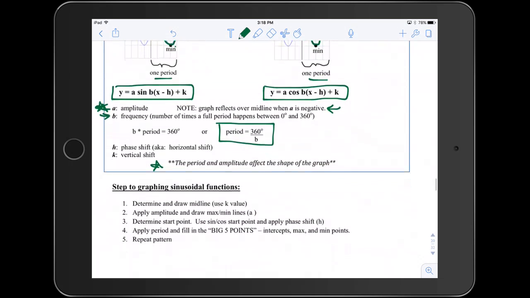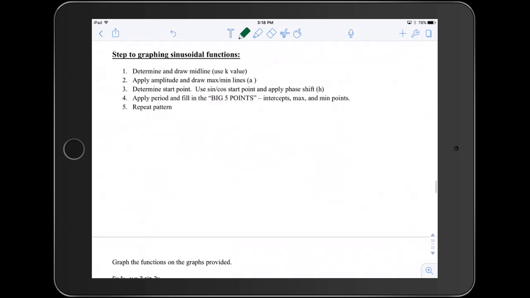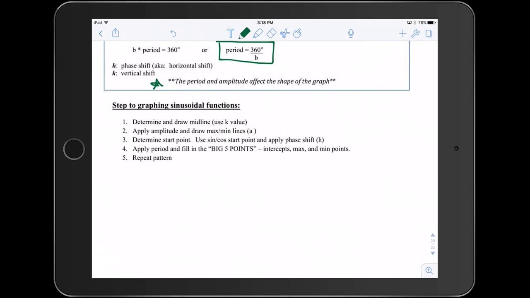So I wrote this in the hopes that it will help you know step by step what to do, because if anything, these just get overwhelming when there's so many things coming at you at once. The first thing you want to do is determine the midline, then you draw your max and min lines, then you create a starting point,